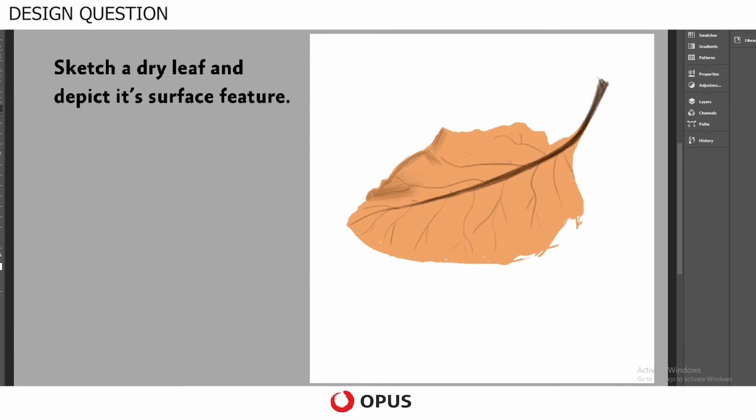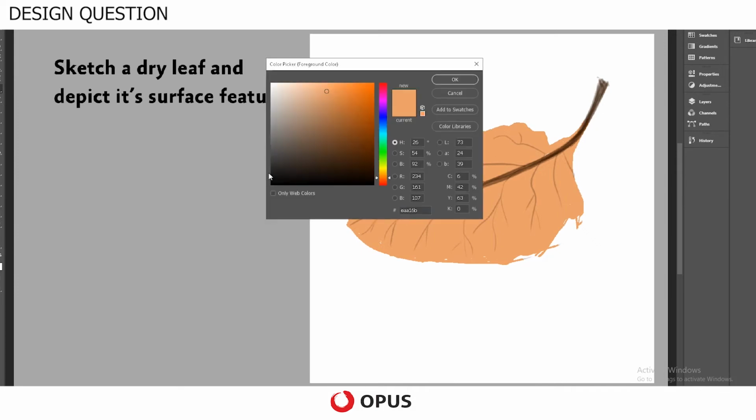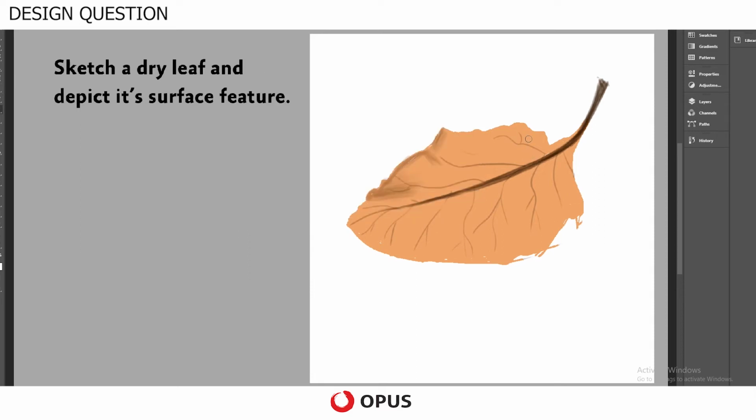All right, after that you can use the darker tones to allow the shape of this leaf to come alive, wherever there shall be certain shapes, shades and folds that will help create that